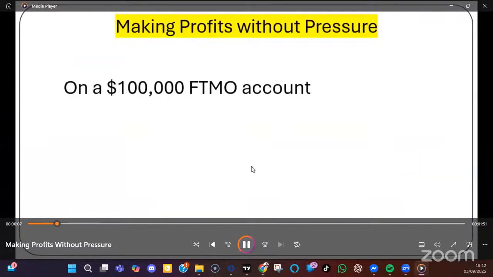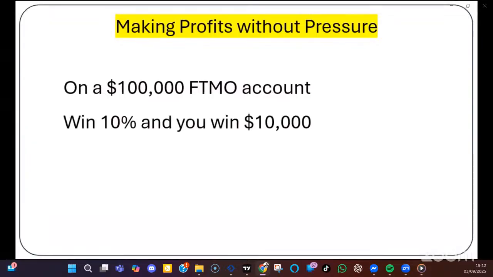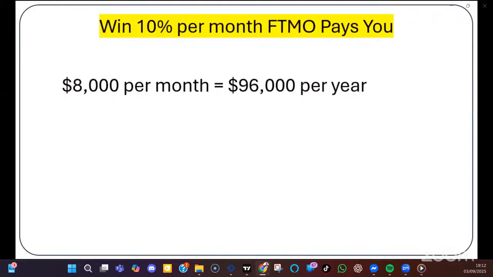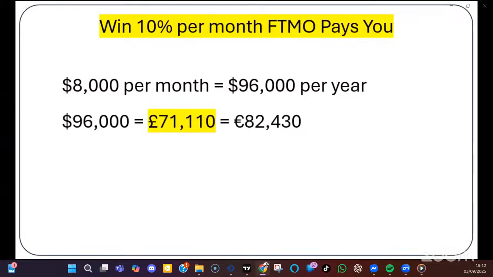Let's look at a situation where you've got yourself a $100,000 FTMO prop firm account and you win 10%. You'll win $10,000. Now, FTMO will pay you 80% of that after their 20% commission retention. So you'll make $8,000. $8,000 a month is $96,000 a year. In pounds, that's £71,110. In euros,